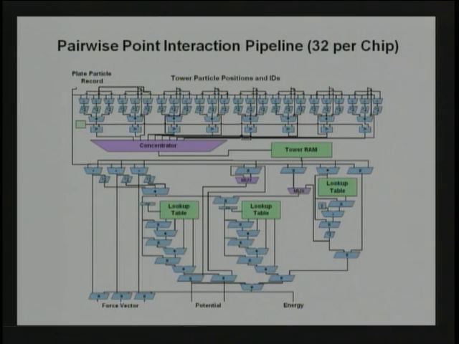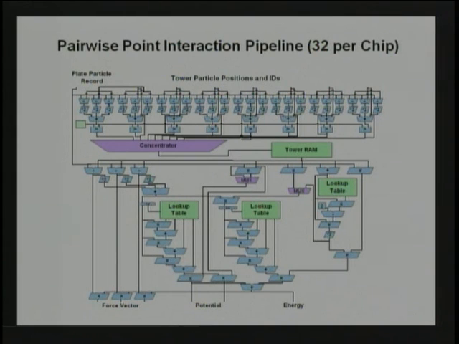So going through very quickly, there are 32 of these pipelines on the chip. This is where that inner loop of particle-particle stuff goes on, and all you really need to know here is every one of these blue things is doing some arithmetic, so there's a huge amount of parallelism. And the other thing to know is this is really not very smart. The data, just particle position data, flows down, forces or potential energy come out the other side, and it never loops up, which causes all sorts of problems.